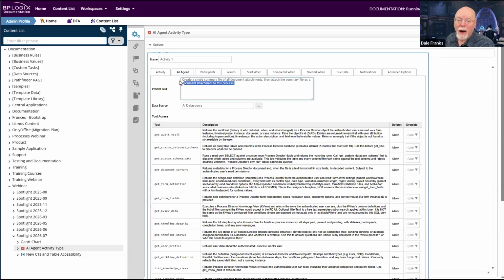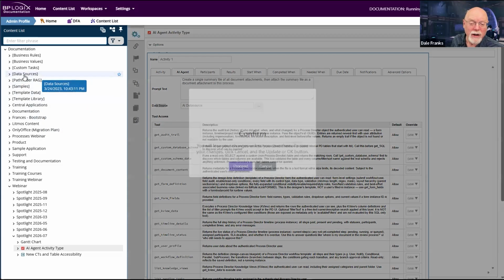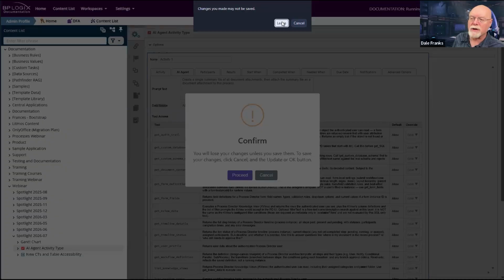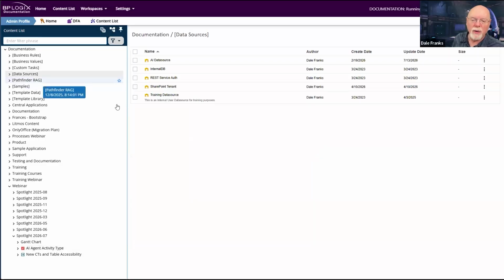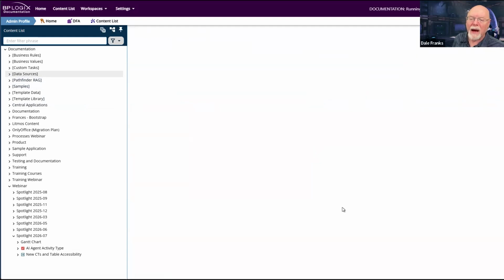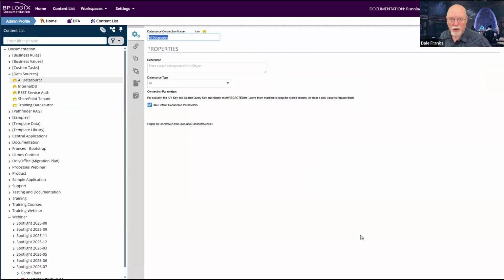So at the top, you have your prompt text. That's just what you are telling the AI to do. Right below that, you have the data source. Now, there is a new AI data source. I think we discussed that previously, but I'm not entirely sure. But this AI data source is specific to whatever LLM that you might be using. It could be on Azure, so you could be using the built-in, I think it's still Copilot. It's run by ChatGPT, whatever it is. But you can set your data source type to AI.